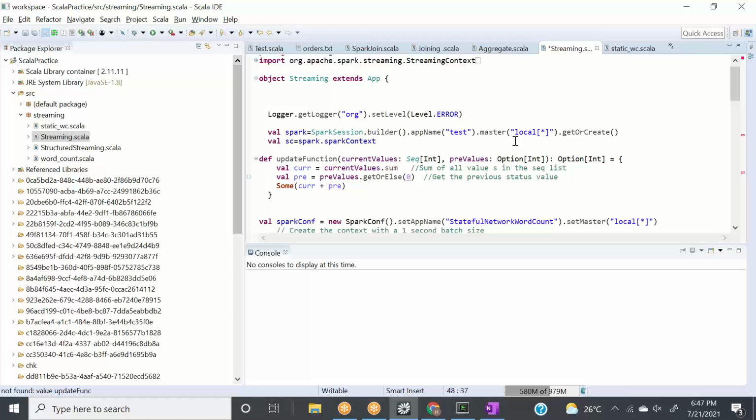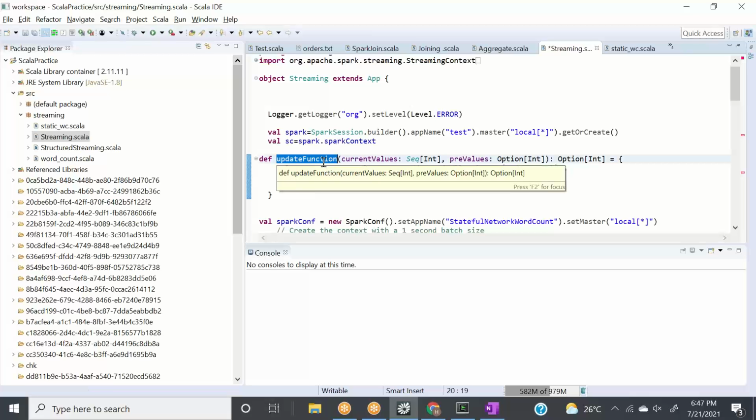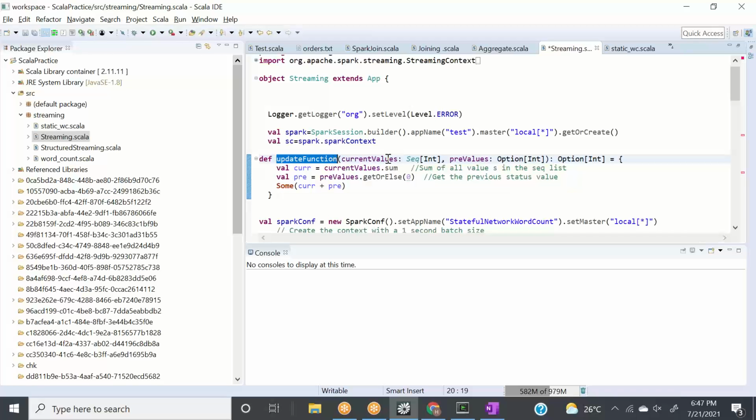Now let's go here. We defined a function, and we can name it anything. In that function we need two things. The first is the current value, which is coming from the console whenever we hit enter. The other is the previous value.